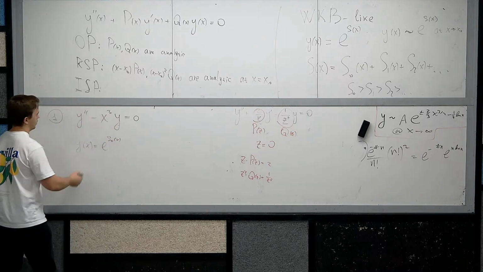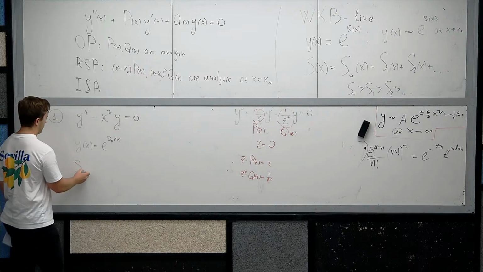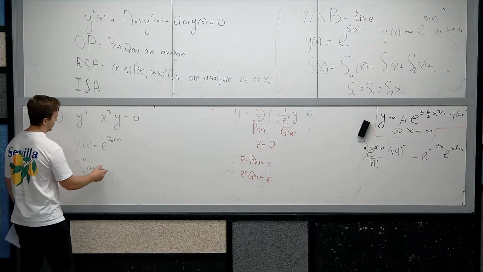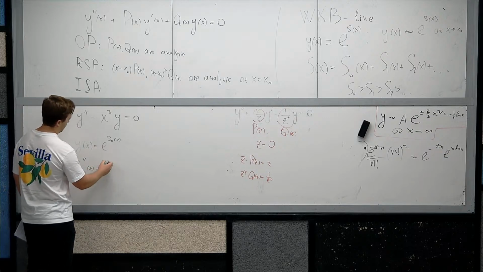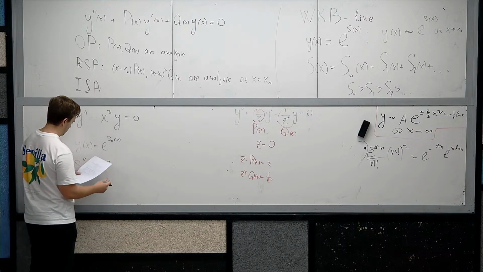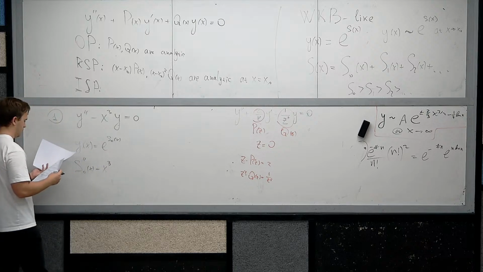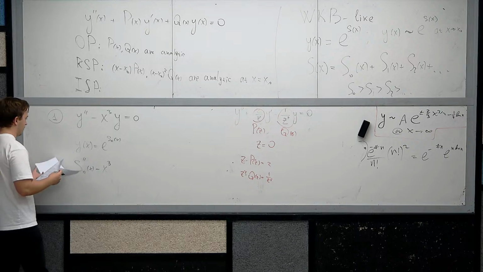Then we substitute the solution into the equation, and we will get S naught double prime minus... Shouldn't there be an S naught prime squared? Yeah, because